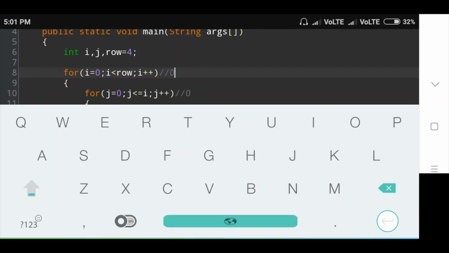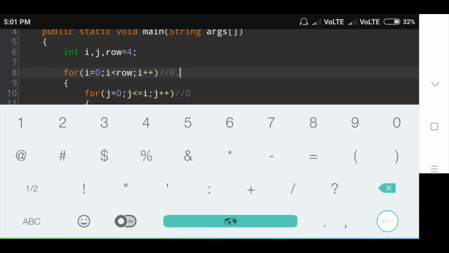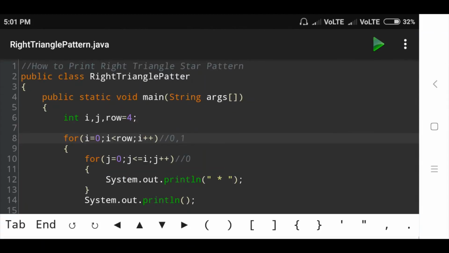Initial i value is 0, then the i value is increased by 1, i value is 1. Then check whether i is less than the row value or not. I value 1 is less than row value 4, so the condition is true. Then go to the next condition, the j for loop.